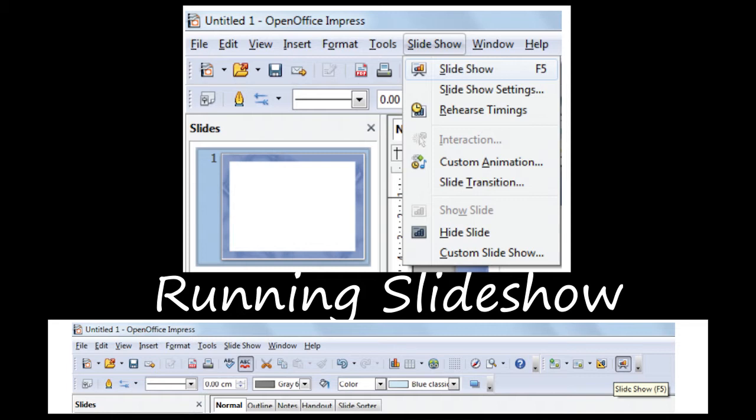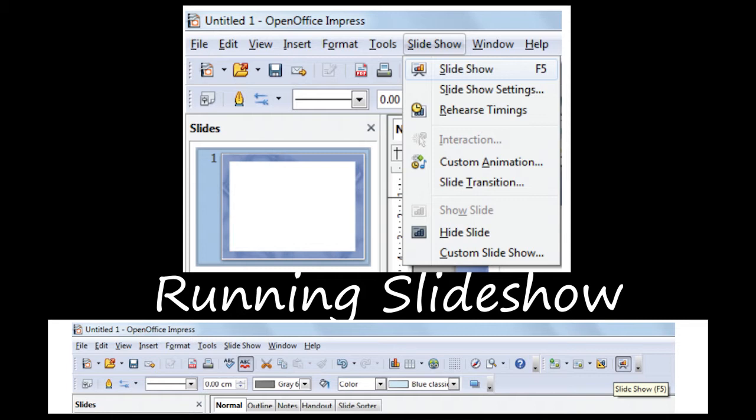If the slide transition is automatic after some seconds, let the slideshow run by itself, right? If the slide transition is on mouse click, then when one slide is running, only after you click the Enter button or the arrow button or any other key will it move to the next slide, right?